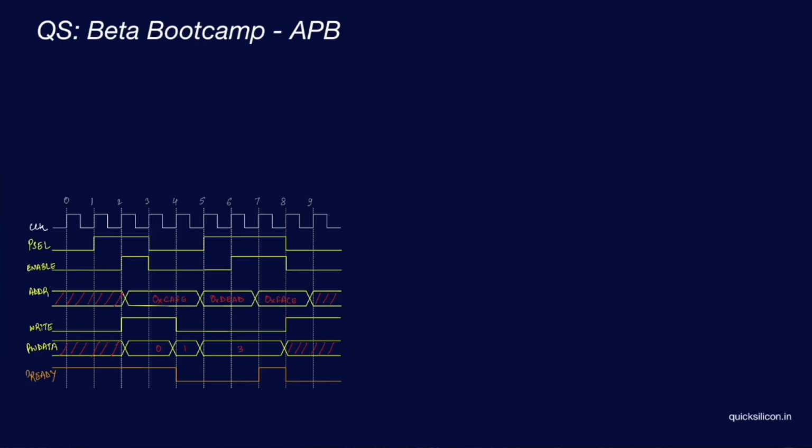We'll discuss how the slave accepts that, but what I mean to say here is that once the particular transaction starts, it will only get completed once the slave is ready to accept it. And whenever the master initiates a particular transaction, it needs to keep the entire thing stable. So whatever the different control and data signals which are related to that particular transaction, those cannot change unless the slave has accepted the transaction. That is what is meant by the non-pipelined feature.